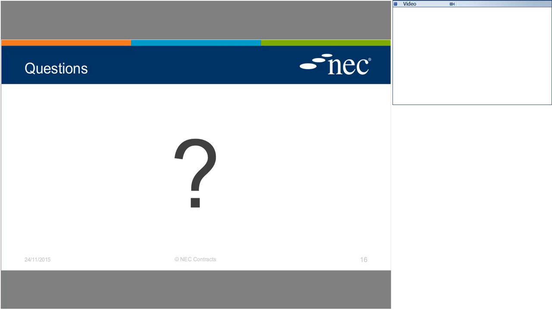Next question. Building on from clause 10.1, in the spirit of mutual trust and cooperation, isn't this a subjective statement? And how can you pursue a claim for compensation against this, e.g. contractors still commercially aggressive? Can a client argue breach of clause 10.1? That's interesting. We had a little bit of discussion about this earlier, Patrick, I think, didn't we? Over a coffee before we started today's webinar, actually.